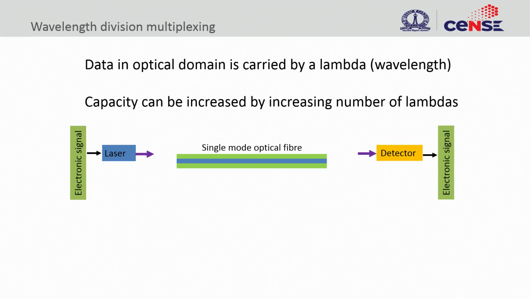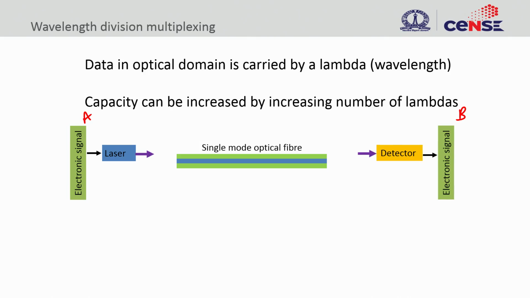So we would like to see whether we can develop a WDM chip, here wavelength division multiplexing chip. So what is the requirement for this particular chip? When the data that you want to send from point A to point B is given to a laser, there is a direct modulation that happens, and then you can put it into a fiber and receive it at the detector end. So this is relatively straightforward.